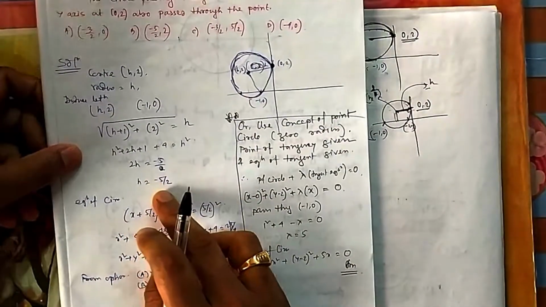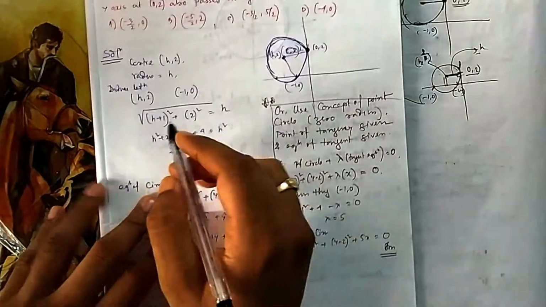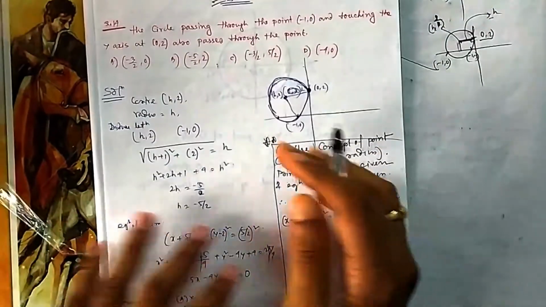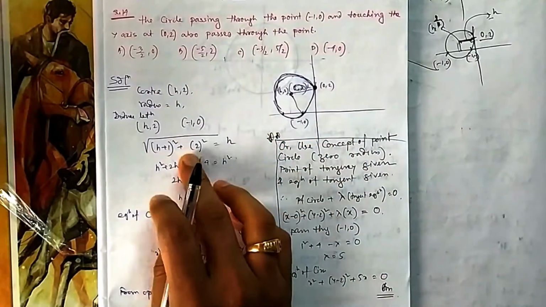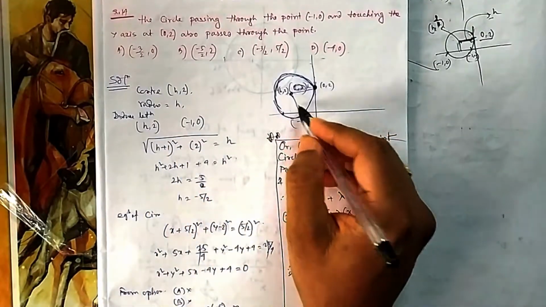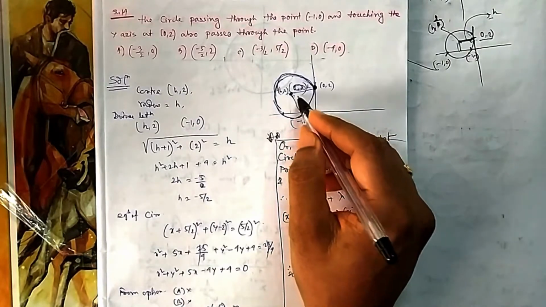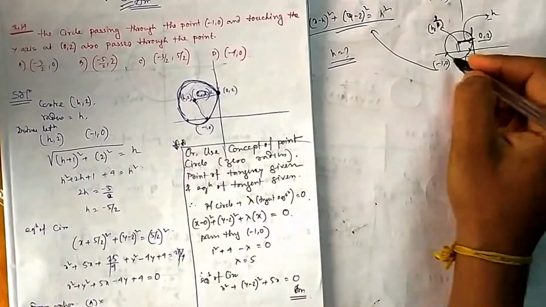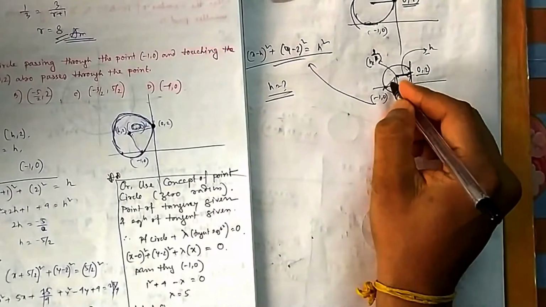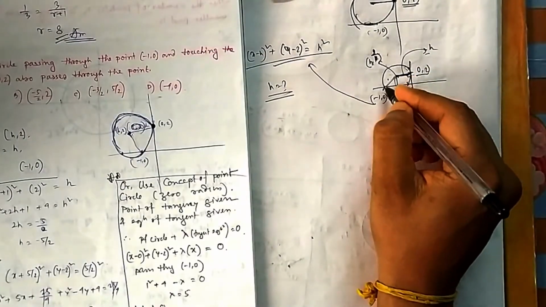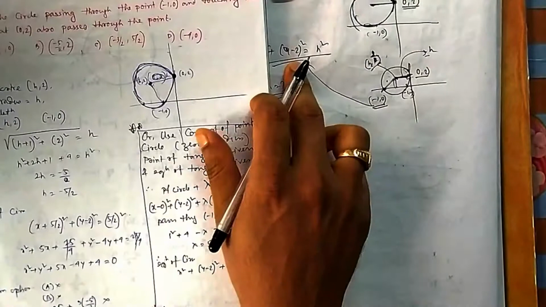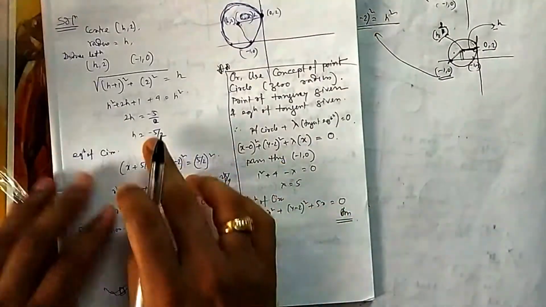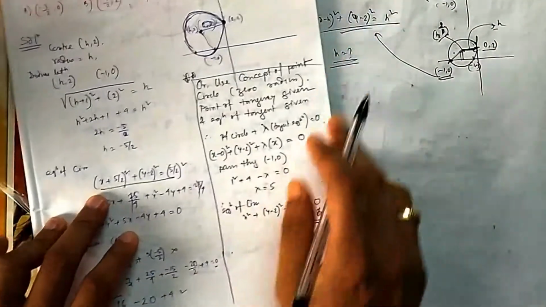But here I have done it in a different way, because there are a number of ways. Whenever anything comes to your mind, you can do it. At the time of solving this one, I thought of it this way: because this distance will also be the radius, from this point, since it is touching at this point, this distance will also give me the radius. So I calculated the distance between these 2 points, h comma 2 and -1 comma 0, that is equal to h. Or you can put it here only, that is no issue. So you know h, so you can easily find this.